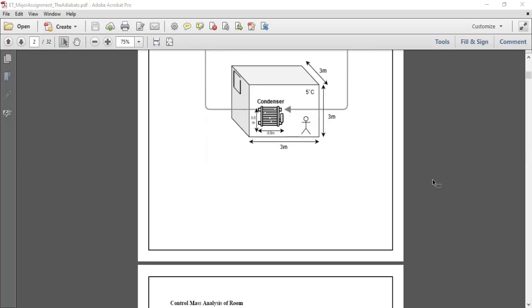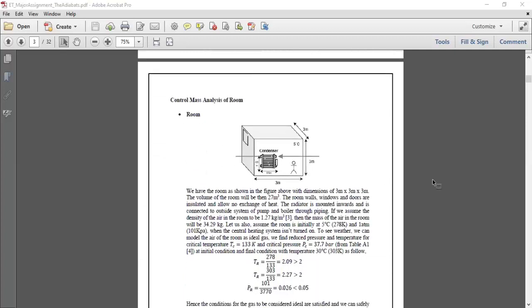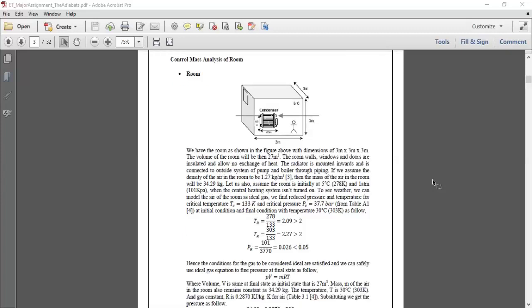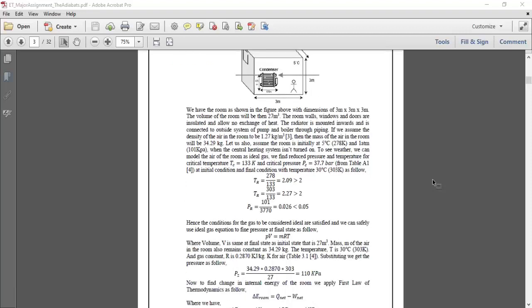Moving on to the analysis of the system, first we have a room that is initially assumed to be at 5 degrees Celsius of temperature and a pressure of 1 atm. Next, we find the volume of this room based on the dimension we considered. We assume normal air density in the room of 1.27 kilogram per meter cube, from which we calculated the total mass present within the room. The room is considered to be isolated, so there is no heat loss across it. Next, we check